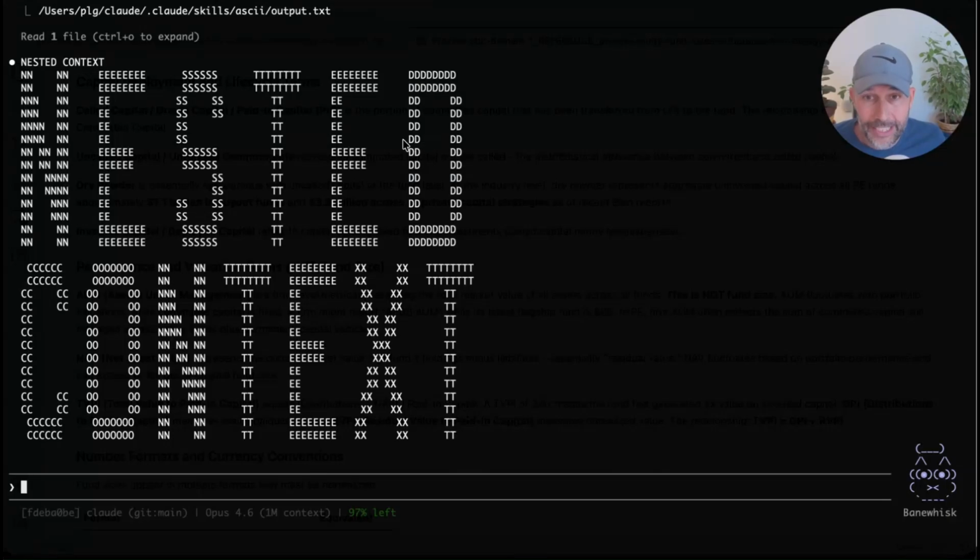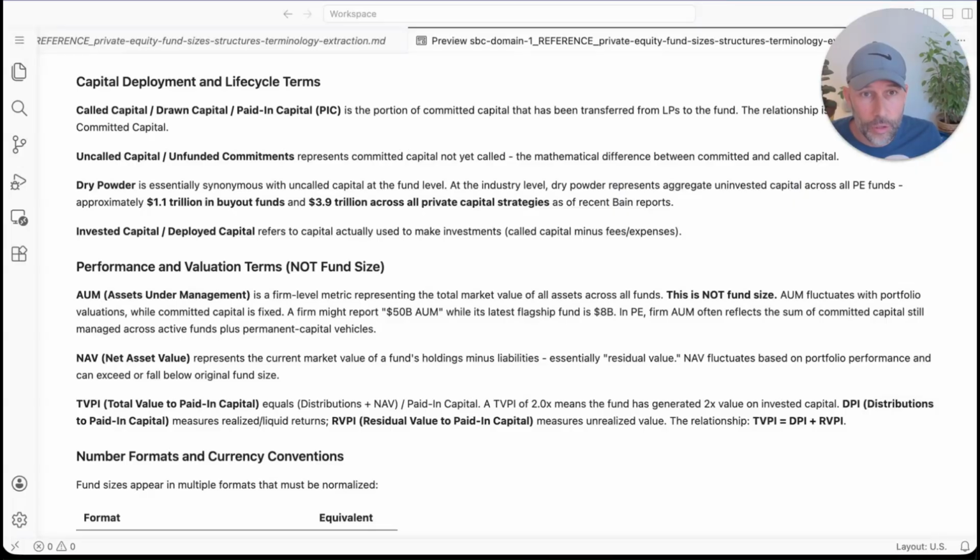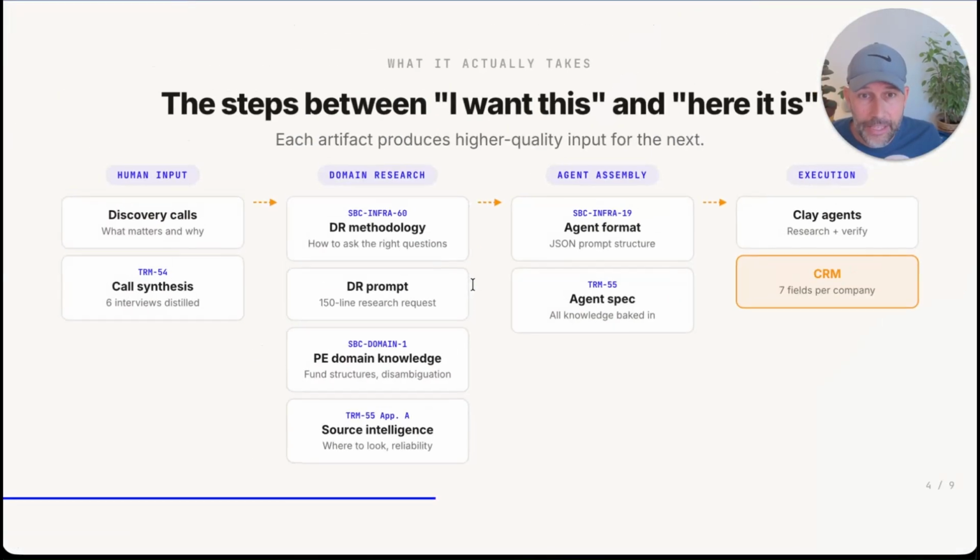Again, I call it nested context because it's all these elements, this chain. You have to look at it as a chain, right? Instead of going from this is what I want, this is what it should look like, hey, AI, build a prompt for that. It's like, hey, AI, build a prompt for that. And for example, so this is indirect speech, or not indirect speech anymore.